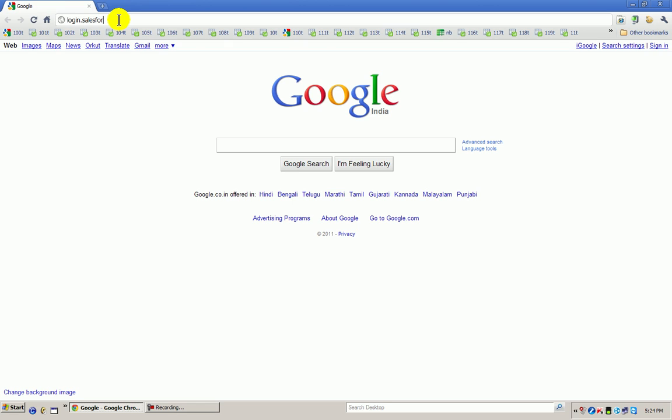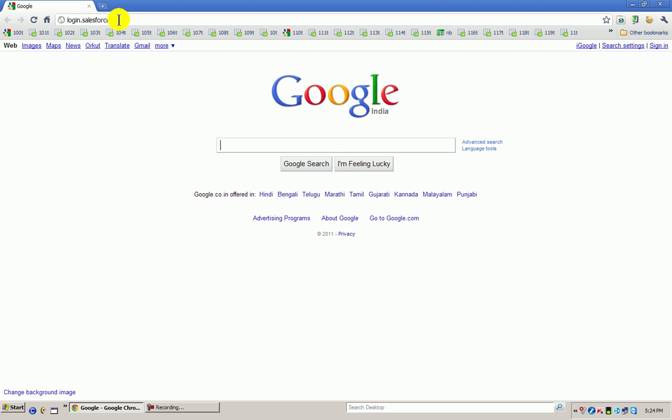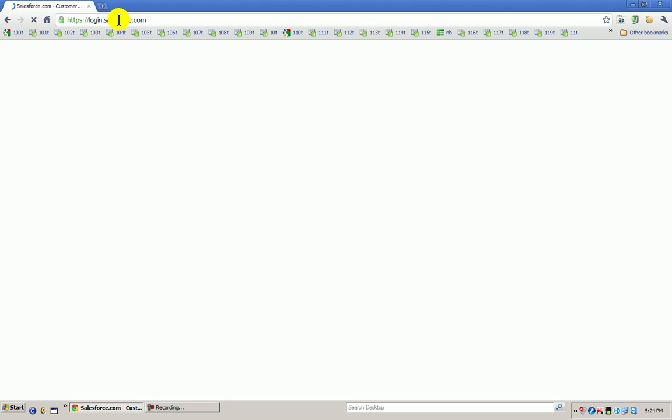So he's just showing us a demo, and we're looking at it in the perspective of a very transactional B2C kind of activity, starting from tracking marketing campaigns to customer after sales service. Sabyasachi is here. Please go ahead, and it would be great if you could just continue talking. Only one small thing, it will slightly drag because it's getting recorded. Yeah. No problem. So you go to login.salesforce.com. Yeah, this is the login page.